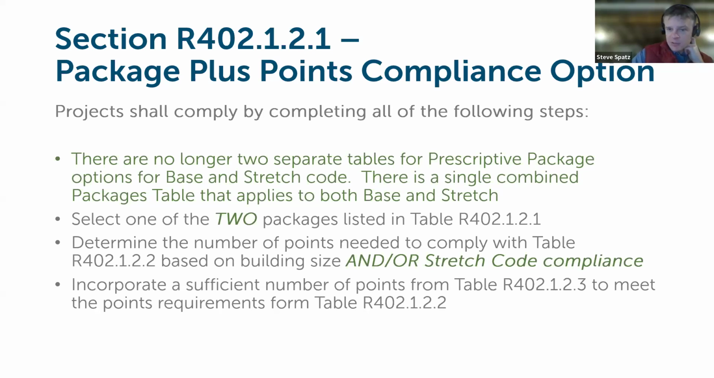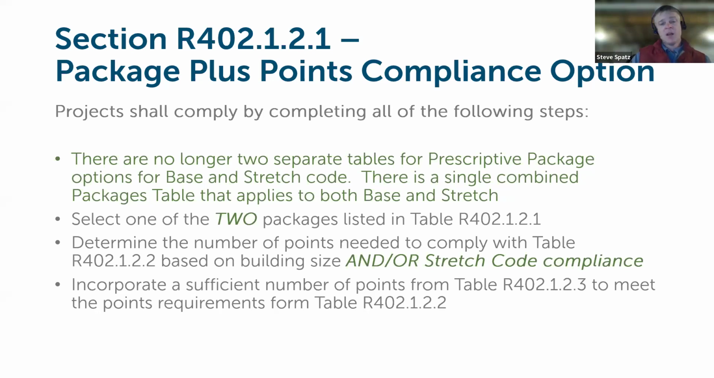So if you look in the current code right now, there are two packages, two tables listed in the code that define what you need to choose from for prescriptive compliance for base code versus prescriptive compliance for stretch code. And then there are also points that need to be obtained based on the size of the building that go beyond those basic requirements and those basic standards for building envelope assemblies that are listed in the base or stretch